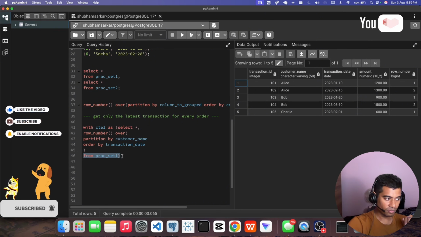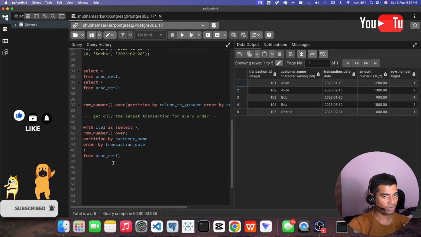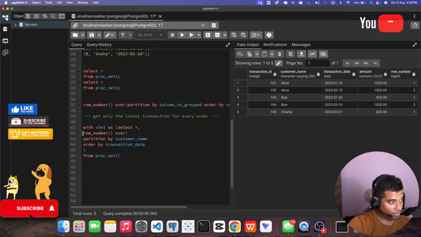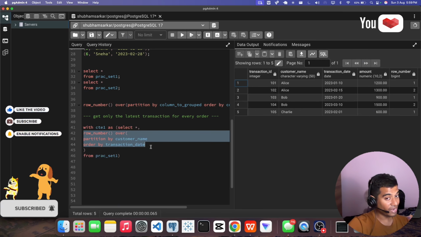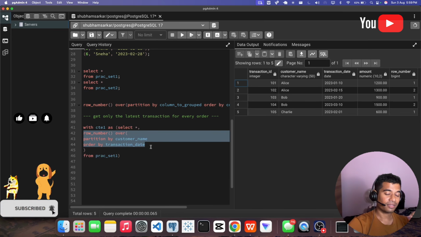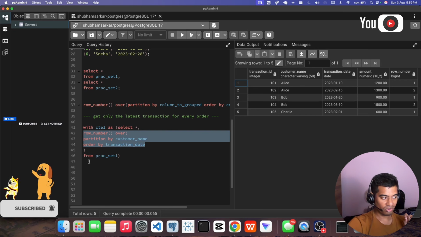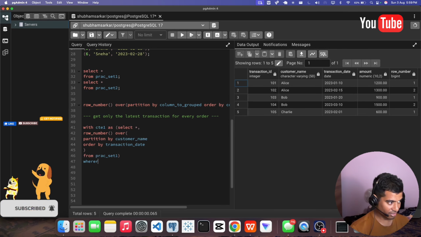So from practice set, where if we write where row number equal to 1, it won't work, because for now SQL doesn't know where row number is, because the row number part is not executed. Why not executed? Because row number will execute in the third order of execution, and right now SQL is in the second order of execution.